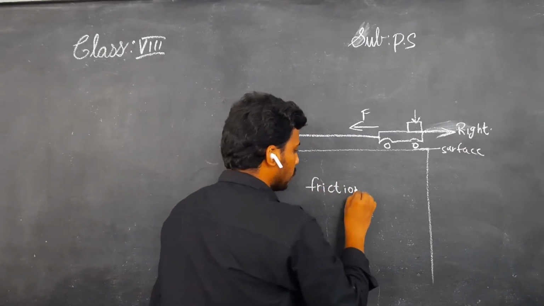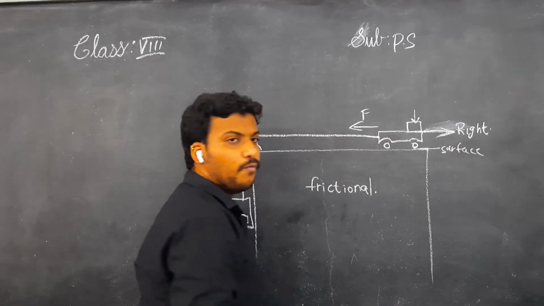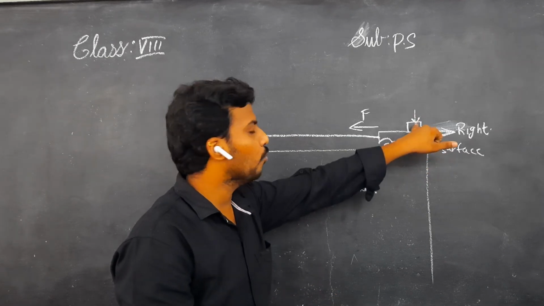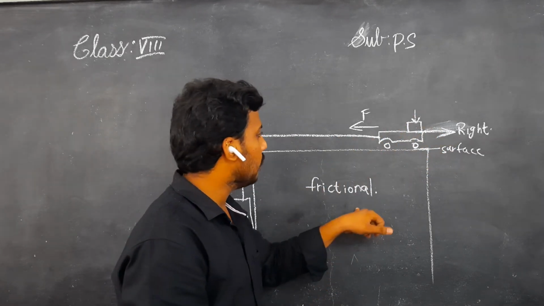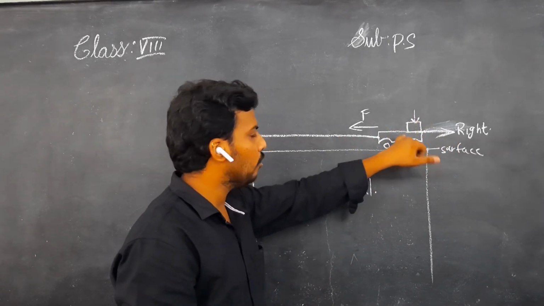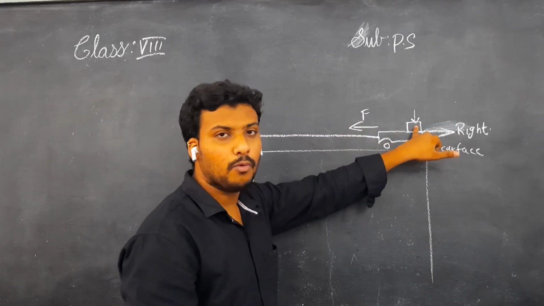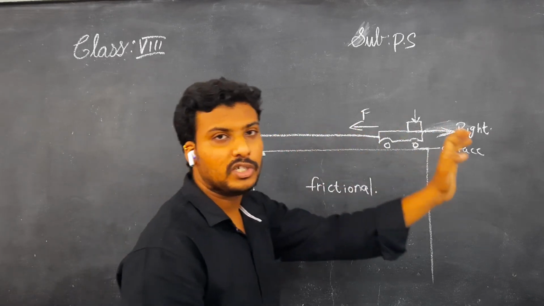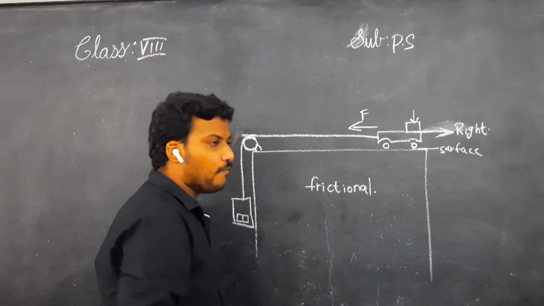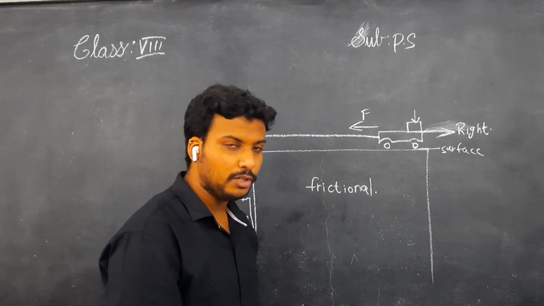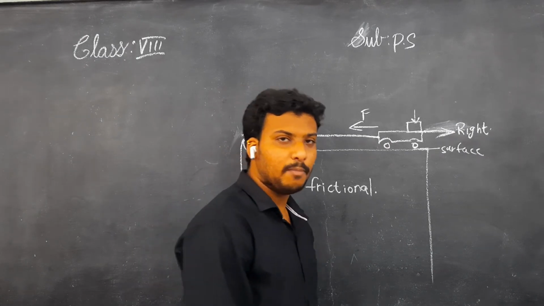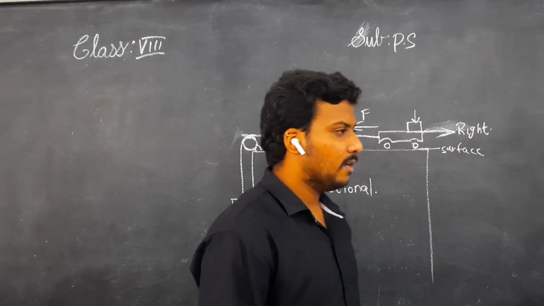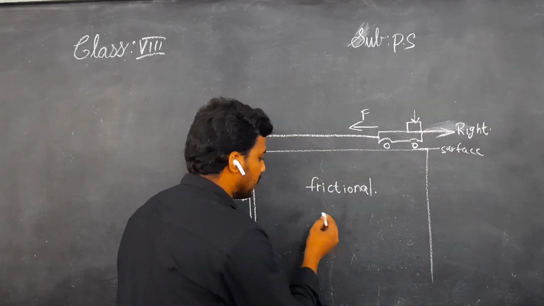What is frictional force? Here frictional force opposes the motion of whom? The wooden block. It opposes the motion of the wooden block. Here the toy trolley is moving, but the wooden block is not moving in the toy trolley direction. It is moving towards right. Means I said that if I want to move forward, the friction should act in the backward direction. I am moving like this. Friction acts opposite to me children. Understand children?